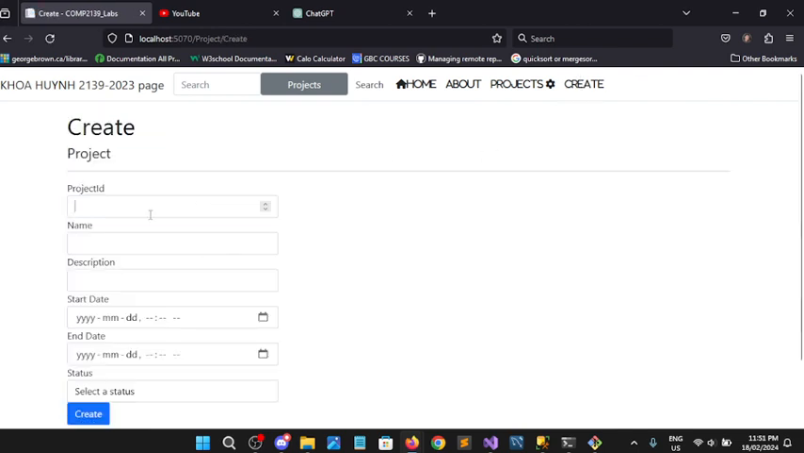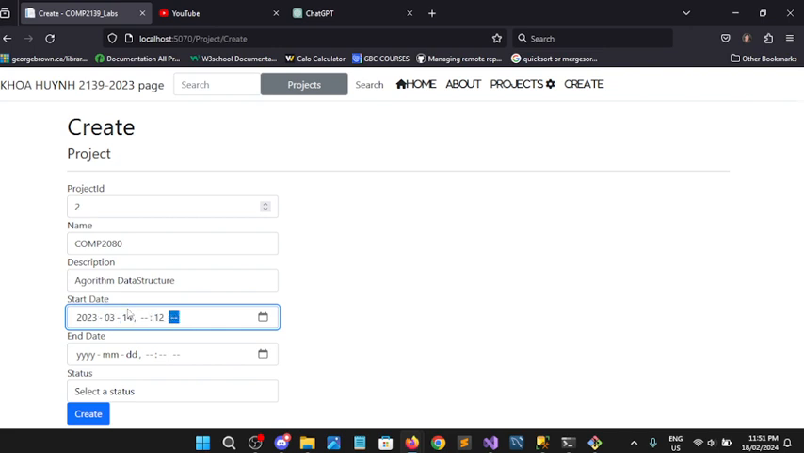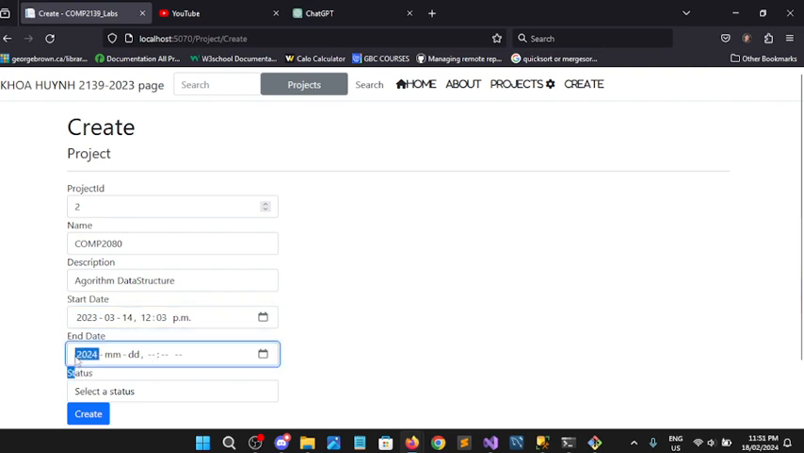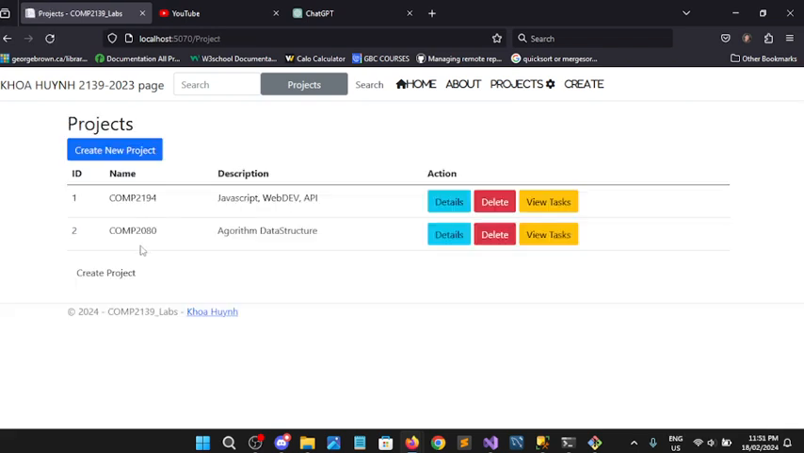So let's try to create one more. Create column 200 algorithm, data structure. Same thing, right? Data structure and same thing, 2024, 2023. I just put a random hour, it doesn't matter. So 2024, and status in progress. So here I have successfully created